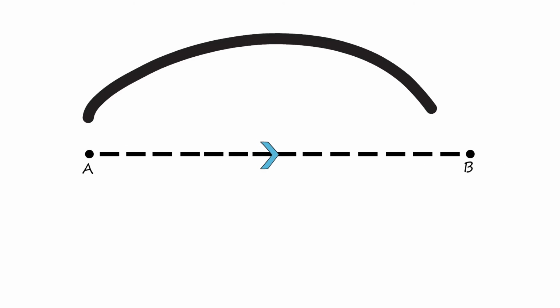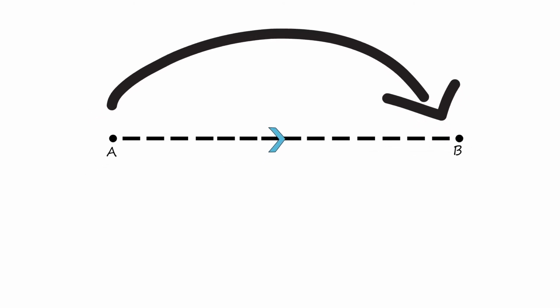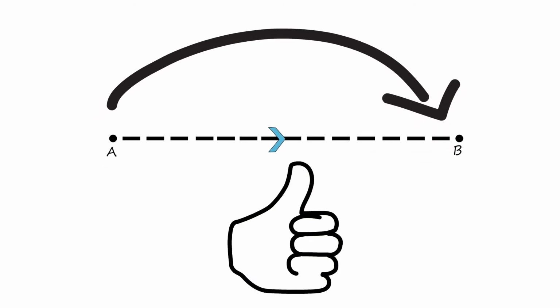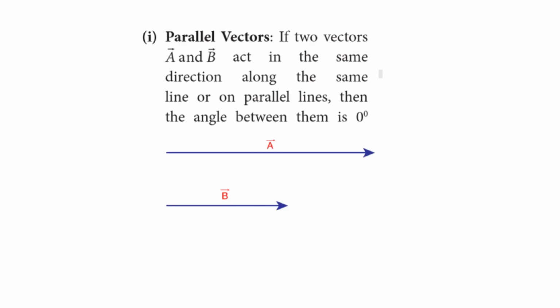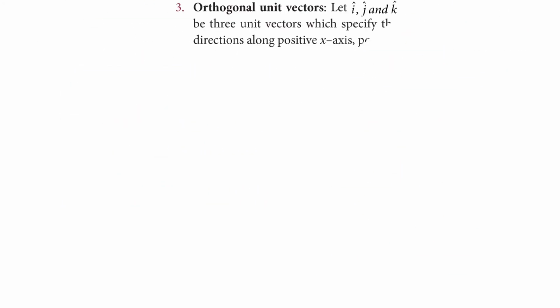Okay, so for example, displacement. It's the shortest distance from point A to point B, and this comes with a direction because it has to specify a connection from point A to B. So displacement is a really good way to think about vectors, as it gives you both a magnitude and a direction. By the way, there are many different types of vectors like parallel, anti-parallel, orthogonal,